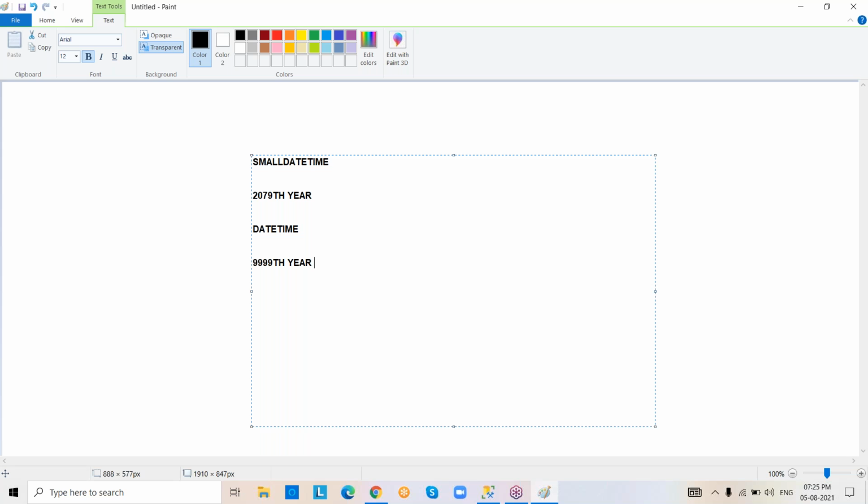So that is the scenario. Coming to the next scenario, we can change the date time format also, but not in data types. In data types, we cannot change the format. We have some functions, and in the coming sessions we are going to work with some functions. In functions, we can do that. I'll show clearly how to change the date format of SQL Server. We are going to discuss that.